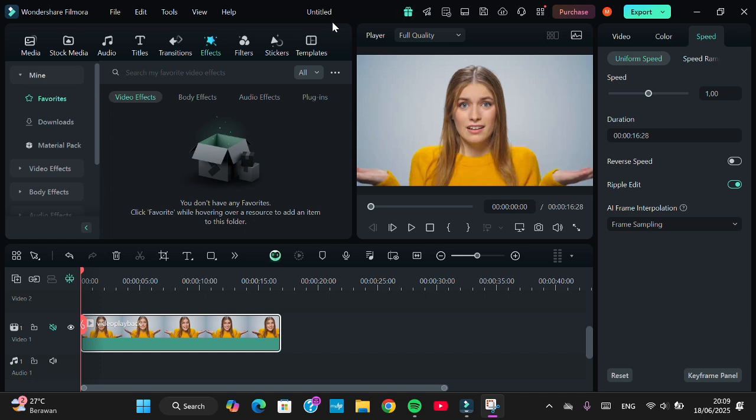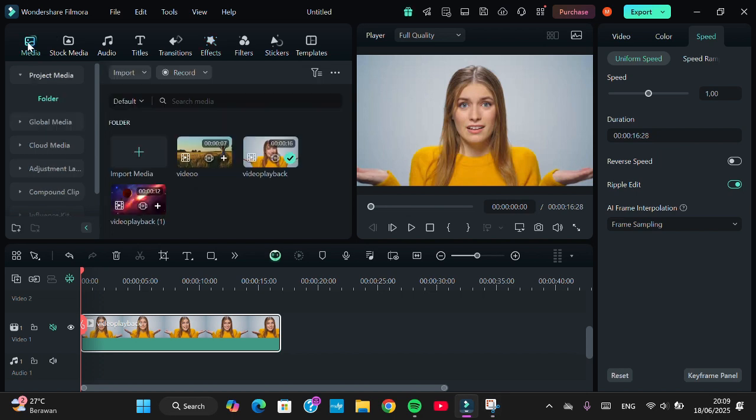In today's tutorial, I'm going to show you how you can apply the awkward face effect to your video in Filmora. Okay, let's get into it, guys. Here I have added my video to the project, and then I'm going to apply the awkward face to this